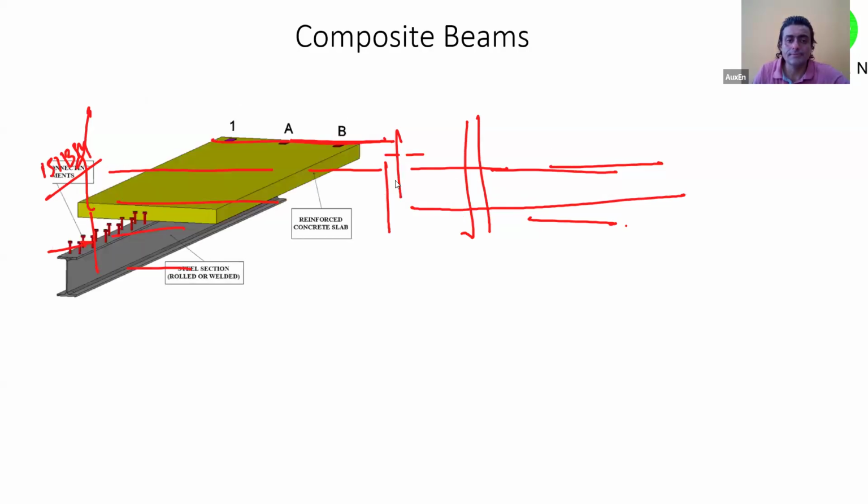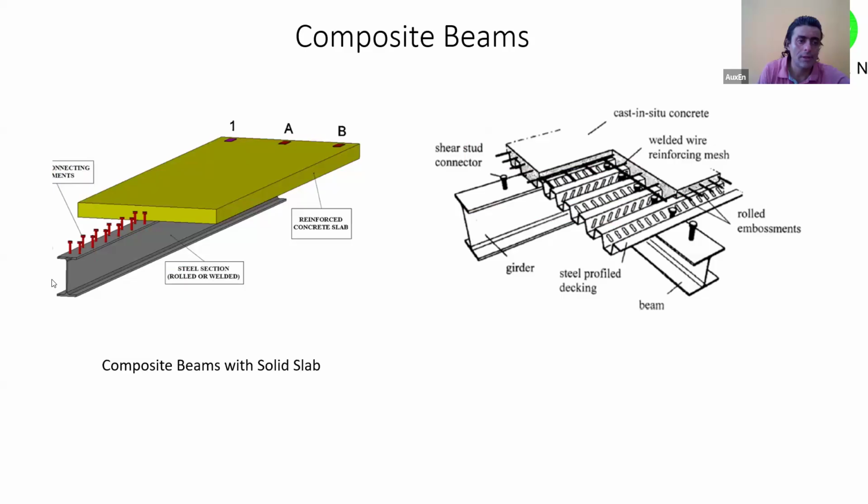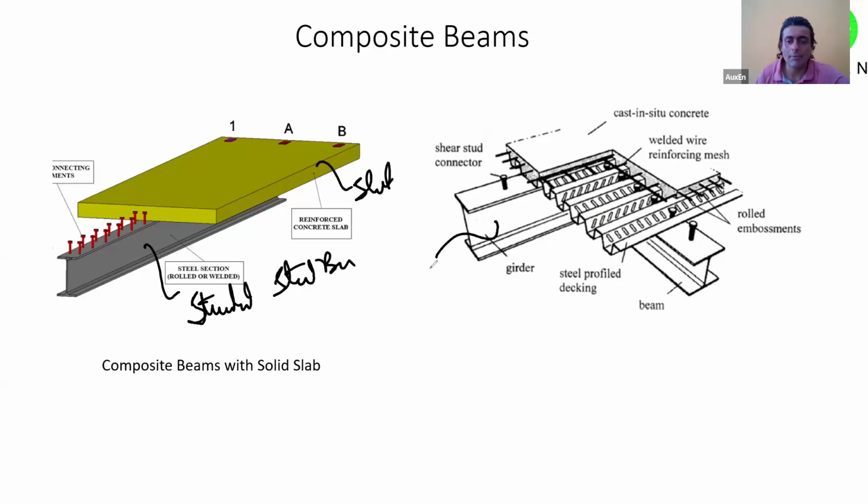Now to connect, till now we have discussed two elements. One was your structural steel beam, and the other was your slab. Now, especially in these cases, this is the structural steel beam, and this is my slab. Here I have my steel beam. This is my deck slab, and this is concrete. Now to connect them together to generate the composite action,